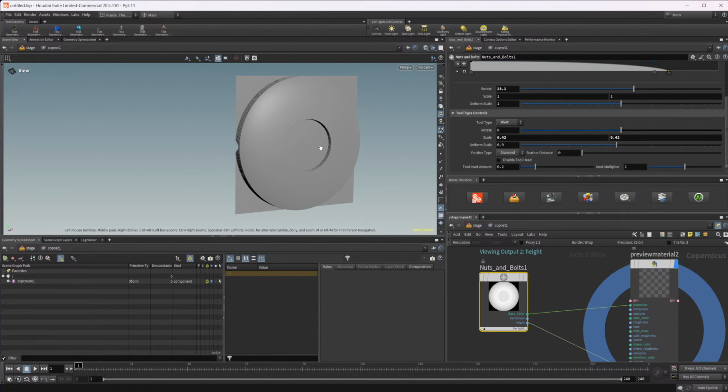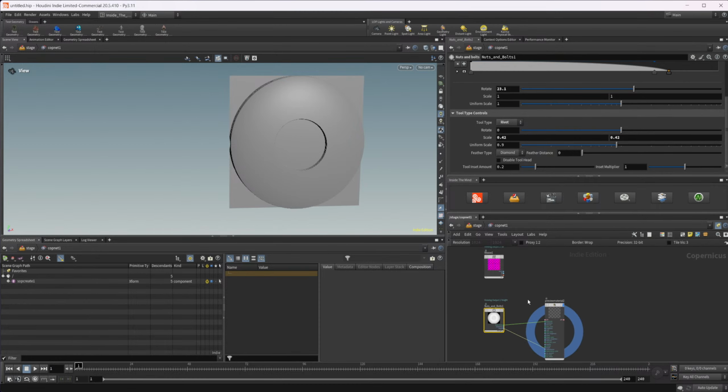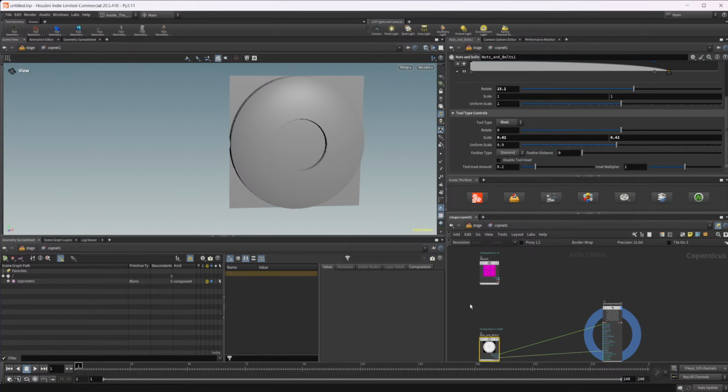I don't know why I can't ever think of those two names. You're right, their official name is the Allen wrenches or Allen keys. But for whatever reason, that's super hard for me to remember. But yeah, then we have these rivets. So this would be, in my mind, used more in combination with a copy to points type of setup. So if you wanted to do a SOP setup,